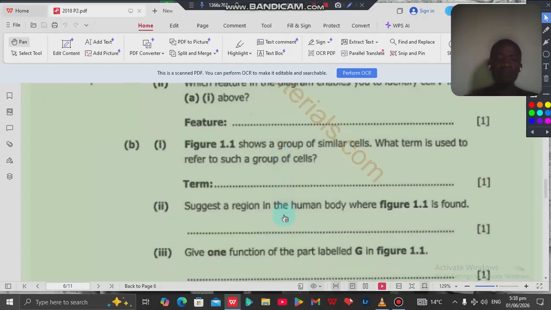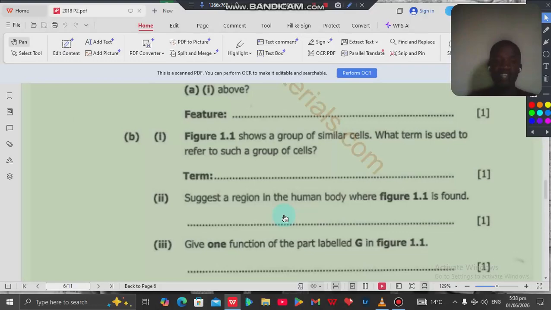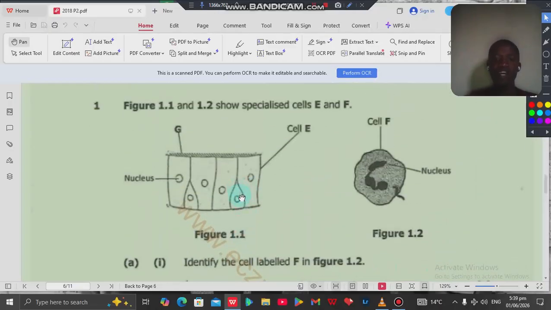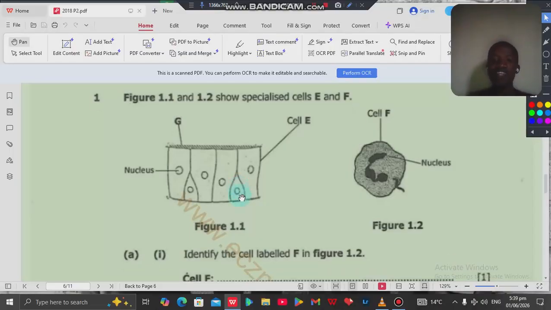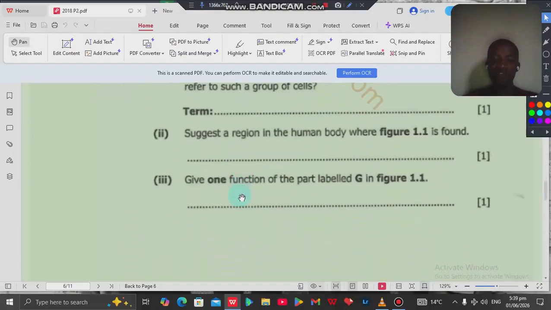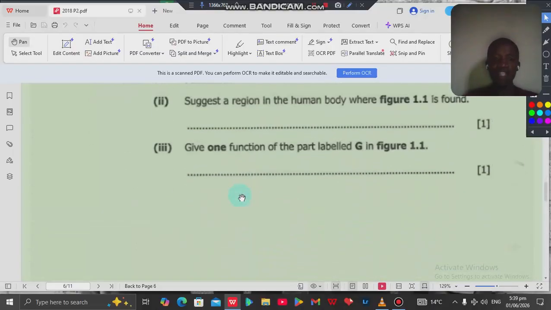Now, moving on to B2, it says suggest a region in the human body where figure 1.1 is found. So they want us to identify where this figure 1.1 is found. Now remember we said this ciliated cell is found in the respiratory tract. Apart from the respiratory tract, we also said it's found in the oviduct in females. All right. So moving on, the question on